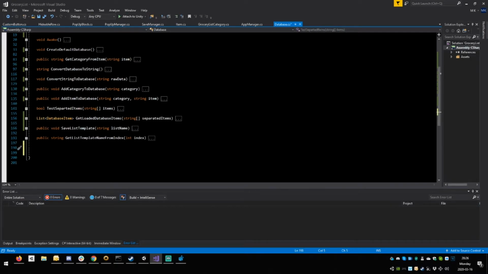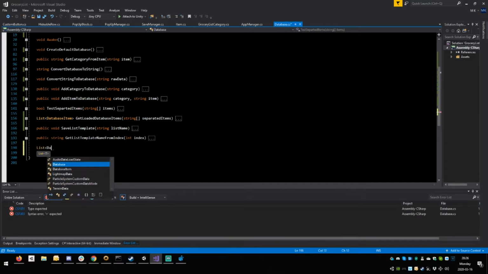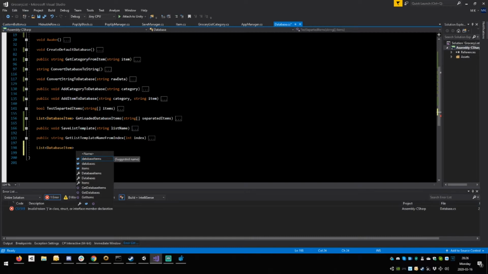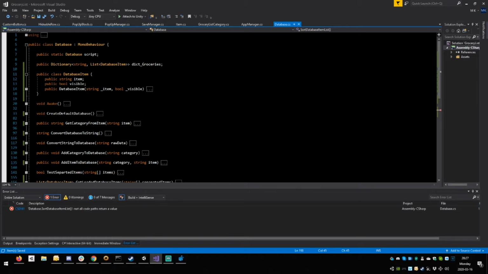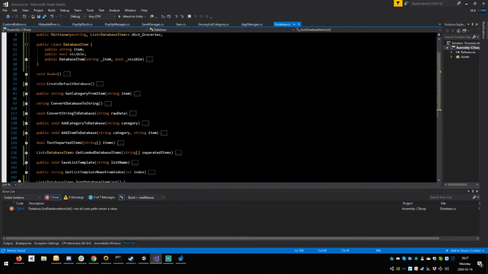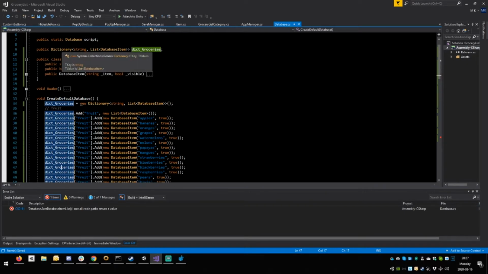So here you're gonna say list of type database item. Yeah, close, and then go sort database list, database item list, I guess. Sure, open close round, open squiggle, hit enter twice, close it. Now, open close round is actually not sufficient. We are going to need to receive a certain thingamajig here, which is a